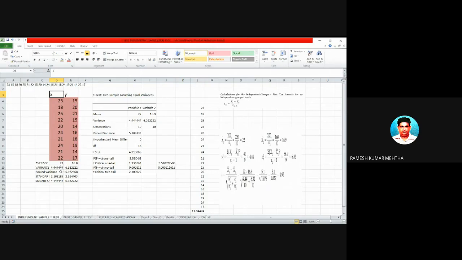Now I am going to calculate the value of the t statistic by using data analysis tool pack.